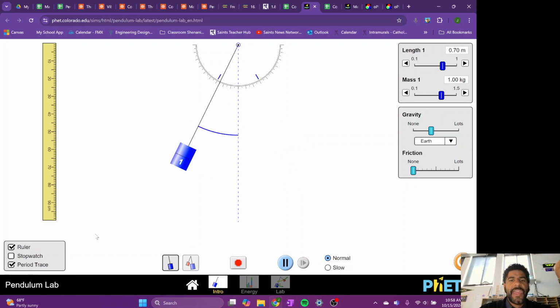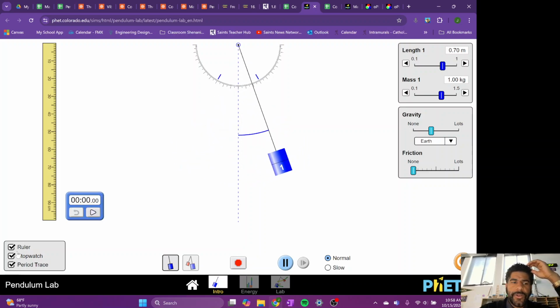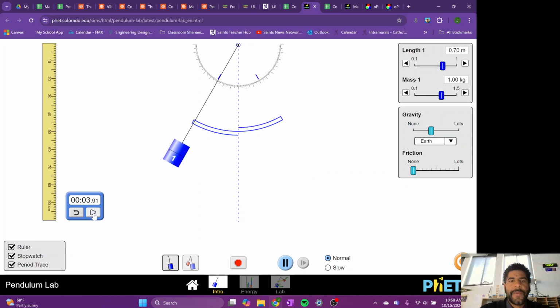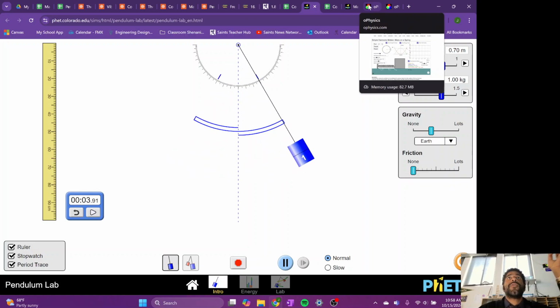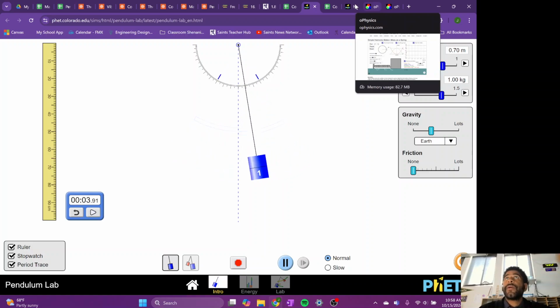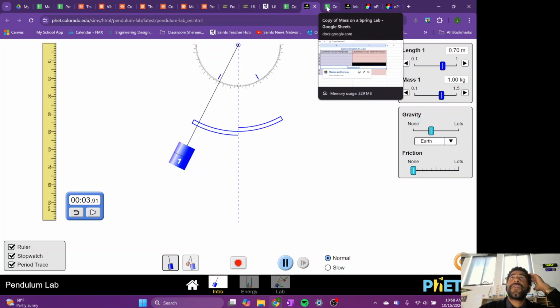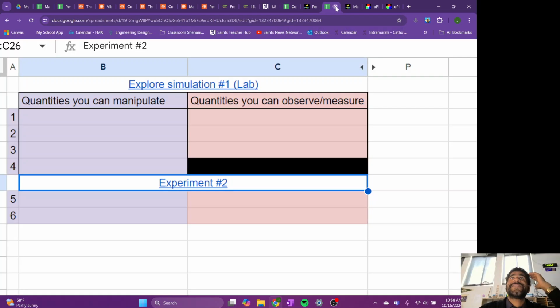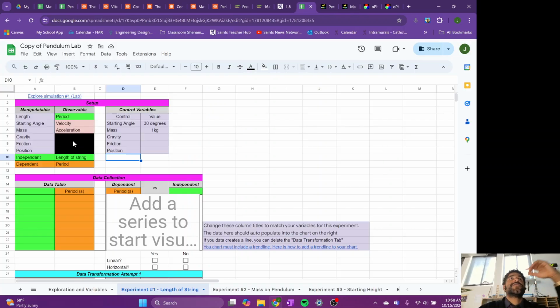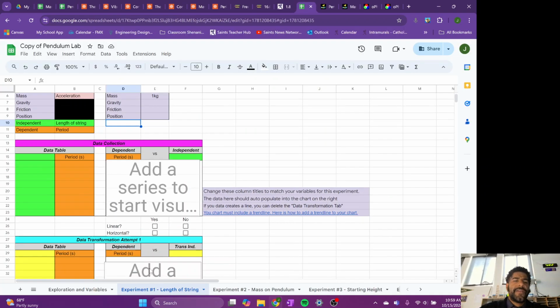This has literally a period trace. And you can also set a stopwatch that'll take a time of what the period is, and you can take a look at that. Again, the period is the time it takes to go there and back again. Once I'm over here in the pendulum spot, and I've taken my data,